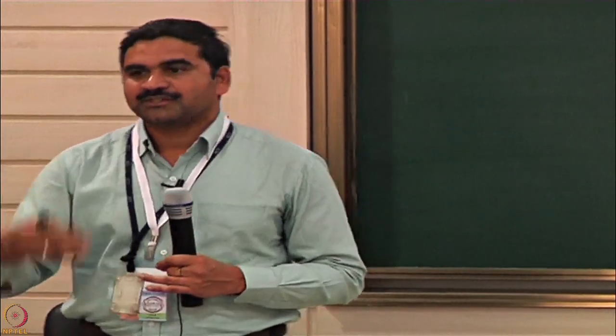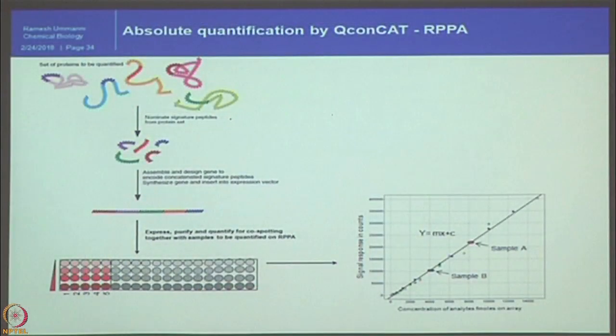So, this is how the RPPA works. And you might have seen that I have always been talking about qualitative analysis. Now, mass spectrometry has evolved to a much higher level and can even perform absolute quantification, even the number of copies of proteins present per cell. So, to some extent RPPA is also useful to make absolute quantification of proteins. This is the Q-concat approach, that means quantitative concatenated protein approach, which is why it is called this.